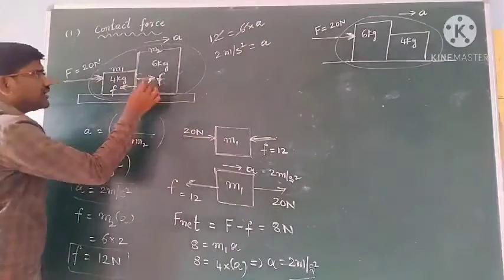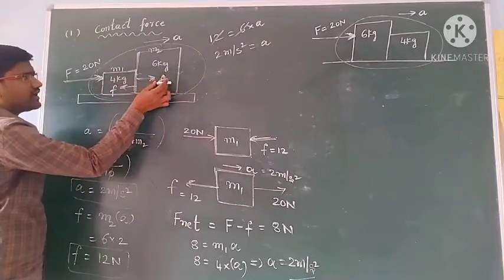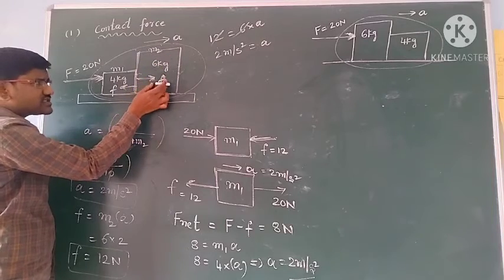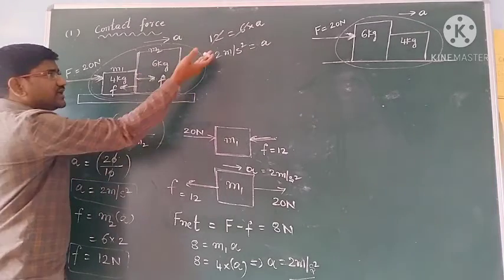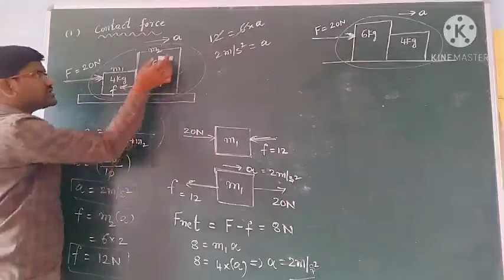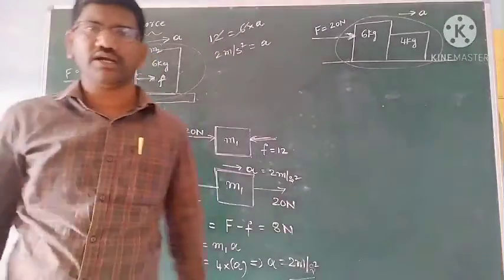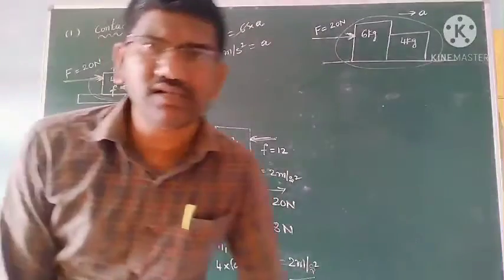So see, you are getting like this. It means you can find this contact force if you know the acceleration of this one. So only this is the force accelerating this one. Then the contact force means only 12 newtons is acting on it and giving an acceleration. So accelerations, you got it. So that's why, see my dear students,